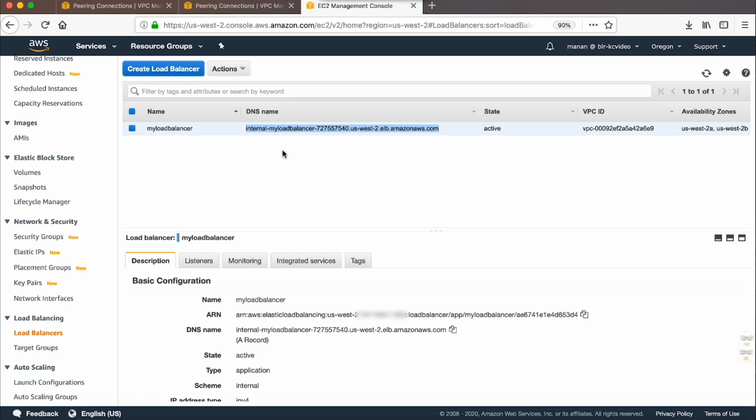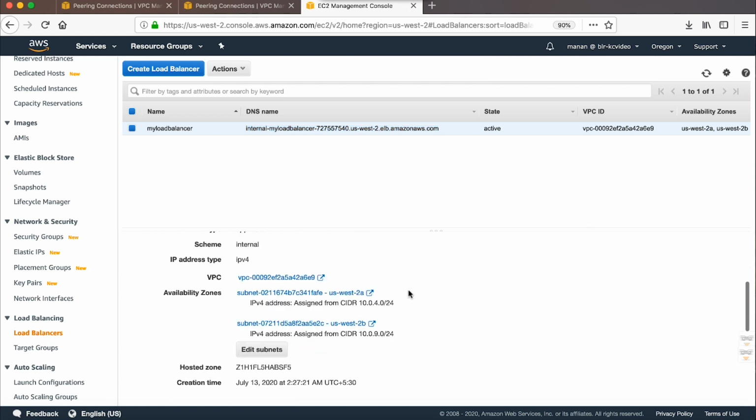Verify that the security group and network ACL of the load balancer allow traffic from either the complete subnet or VPC of the instance, or the specific instance IP. To verify this, navigate to the security group and NACL of the load balancer.